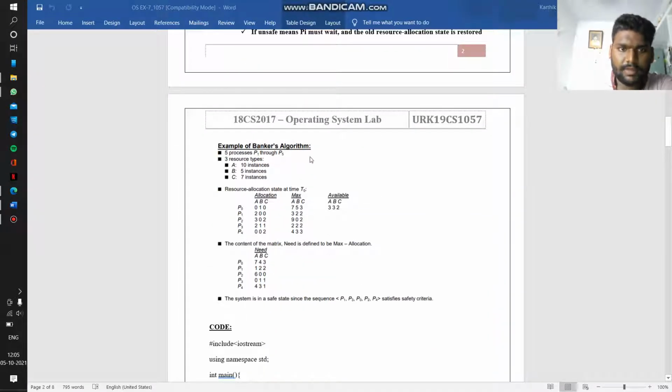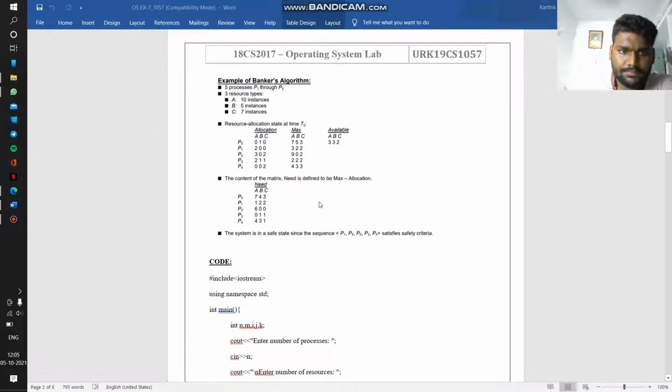This is an example of Banker's algorithm. Five processes, P0 through P4, and three resource types: A with 10 instances, B with 5 instances, and C with 7 instances. First step, the resource allocation state at time t0, showing allocation, max and available for P0, P1, P2, P3 and P4.